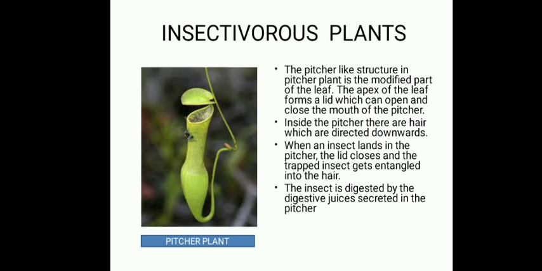Now, why does the insectivorous plant eat insects? It is green in color and it can produce its own food, but the soil in which it grows has very little nitrogen, so it cannot get nitrogen from the soil. So it eats the insect so that it can get nitrogen from the body of the insect. That is why we can call insectivorous plants partially heterotrophic, because though it can produce its carbohydrates, to produce its protein it requires nitrogen, which is not present in the soil, and so it eats the insect to get the nitrogen through which it can produce the protein.